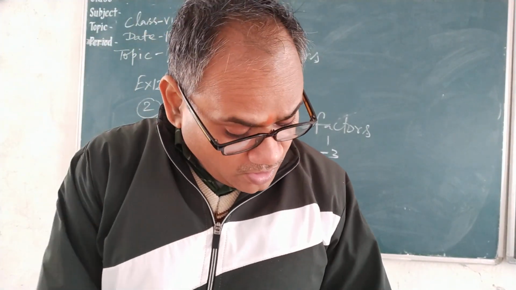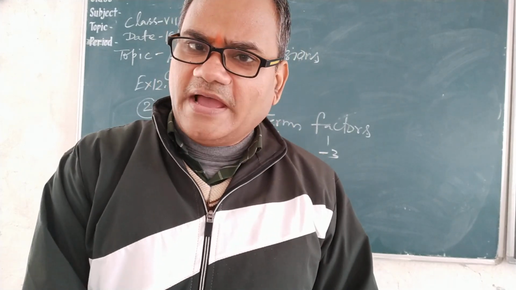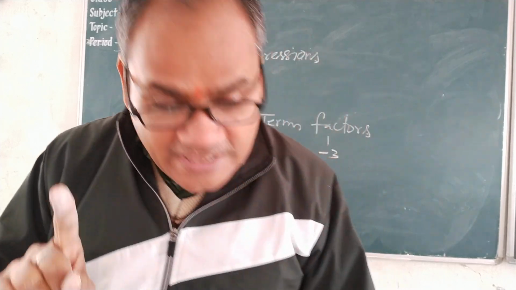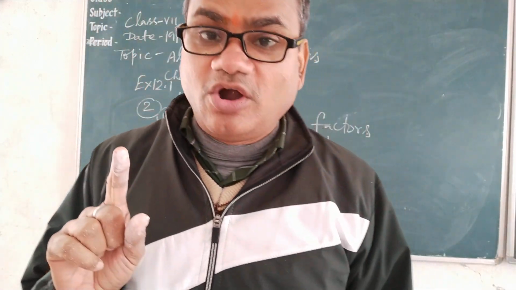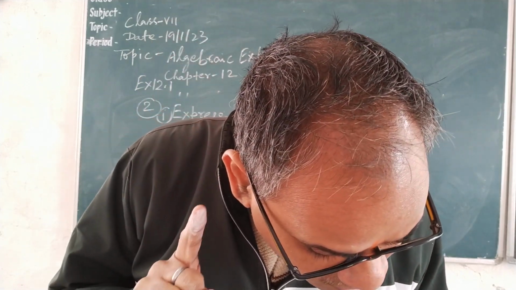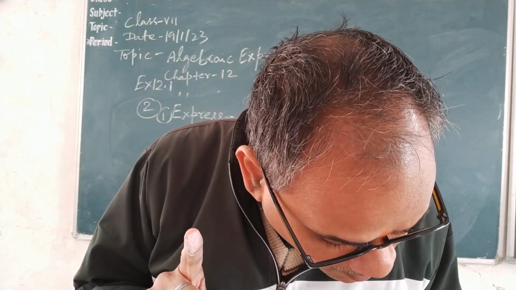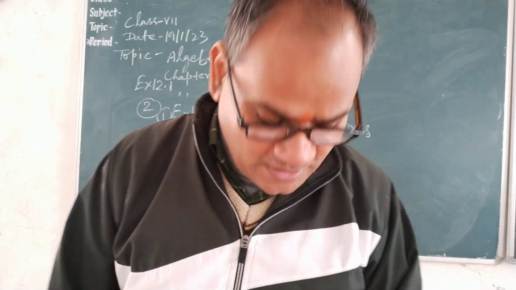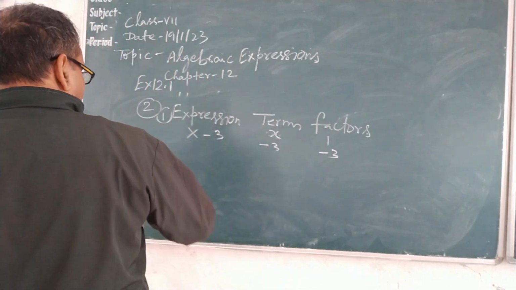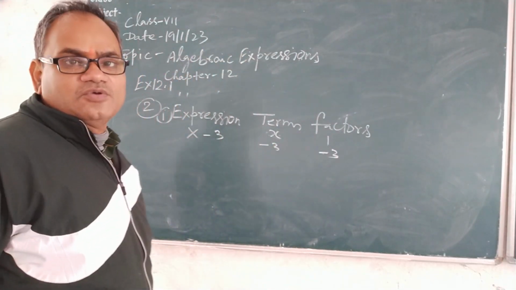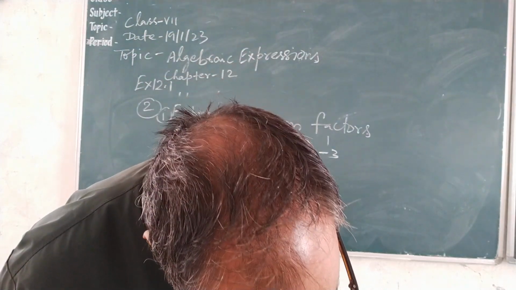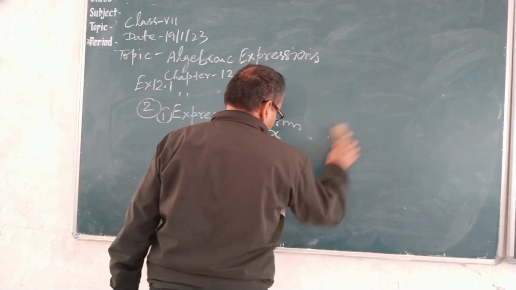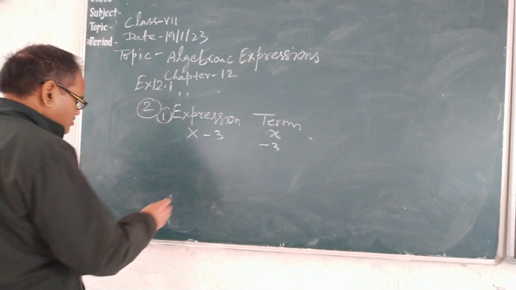Look here. So how are terms and expressions related? You know that an expression having only one term is called monomial. An expression having two terms is called binomial. An expression having three terms is called trinomial. Now you have to show the terms of this expression using what? Tree diagram. Look here, show the terms and factors by tree diagram. So how? You see like this. Look here, these are the terms, the tree diagram.